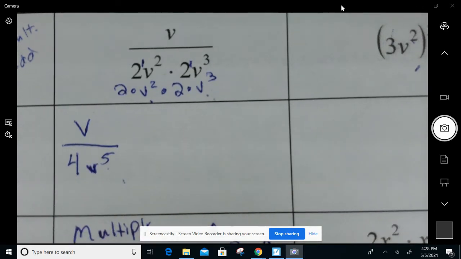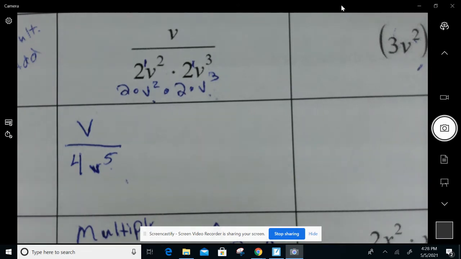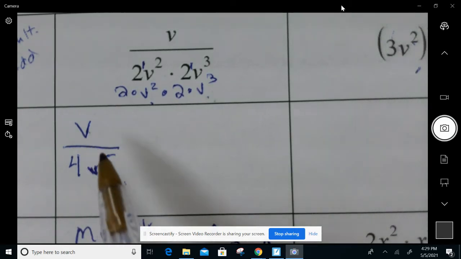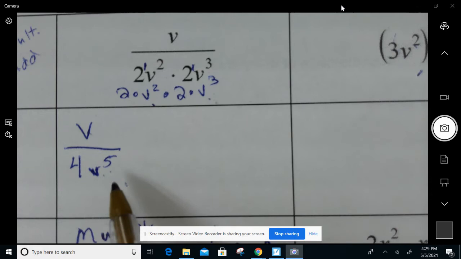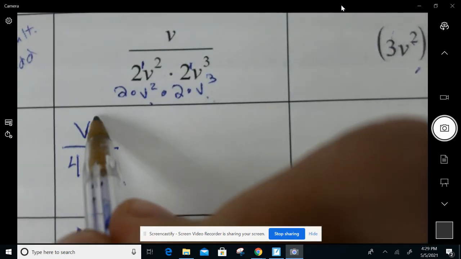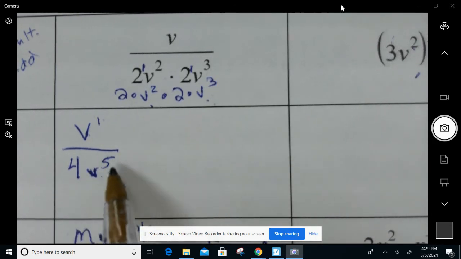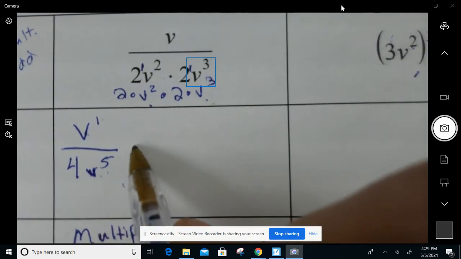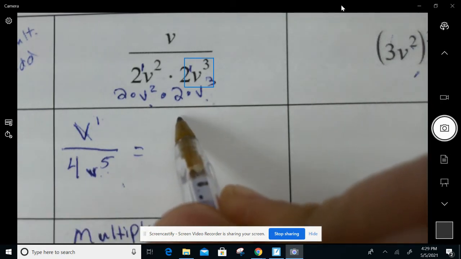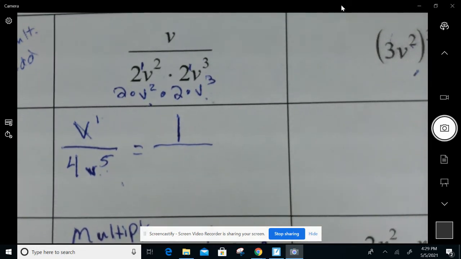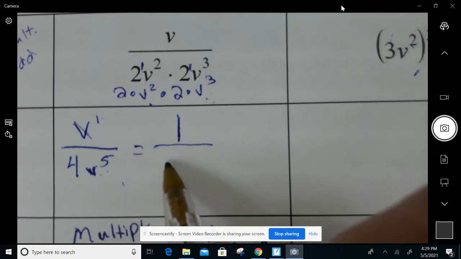All right? Now we divide, which you can either think of as subtraction or canceling. Okay? There's 1 v on top, 5 on the bottom. That means 1 cancels on both top and bottom. If you want to use subtraction, you just got to be careful. Just think 5 minus 1 is 4, and there's more on the bottom. So this v would cancel. You have to put something there. You can't put 0 because 0 divided by anything is just 0. We obviously don't have 0. The answer is not 0. So put a 1, and then one of our v's canceled